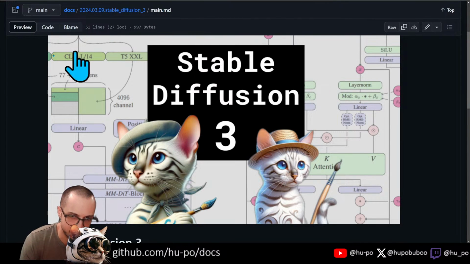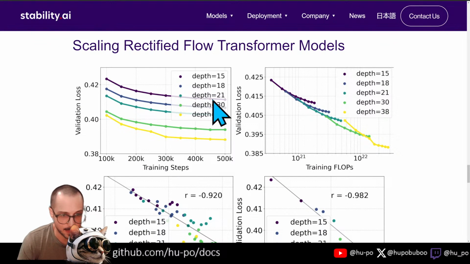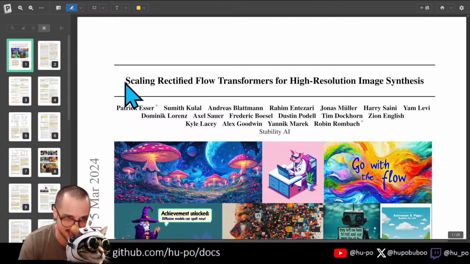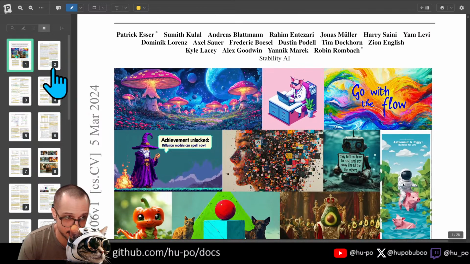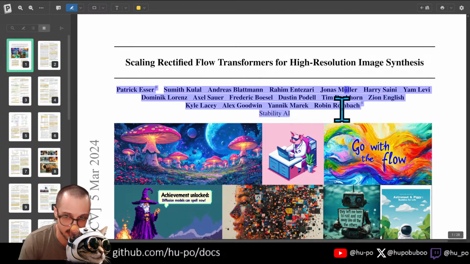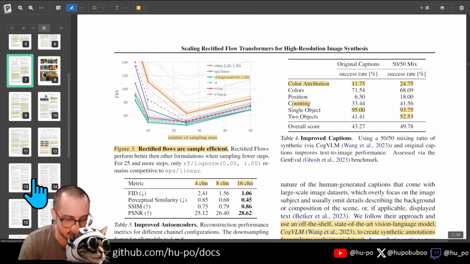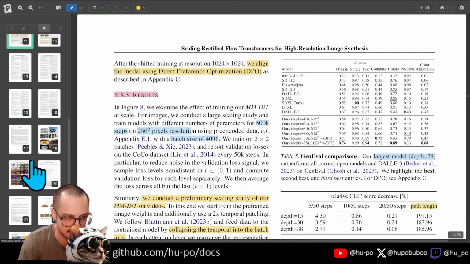Today we reviewed Stable Diffusion 3. Stable Diffusion 3 is the latest version of Stability AI's image generation models. Stability AI is a startup that creates open source models, and they published this paper, which is called Scaling Rectified Flow Transformers for High Resolution Image Synthesis, which is the result of a bunch of people's work. So you can see here there's like a dozen people. And this paper is the combination of all the work that those dozen people did. So it's a bunch of different tricks and improvements and optimizations. And